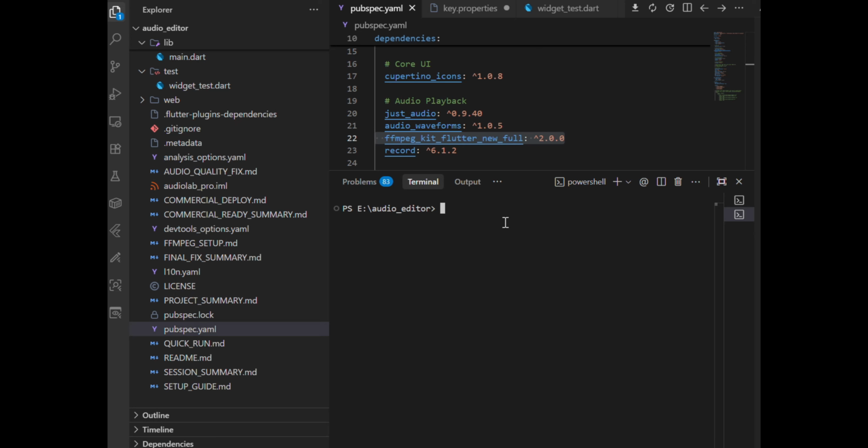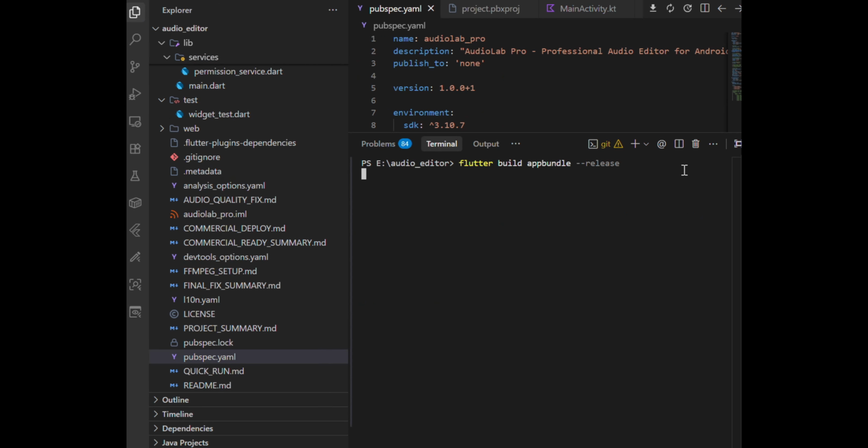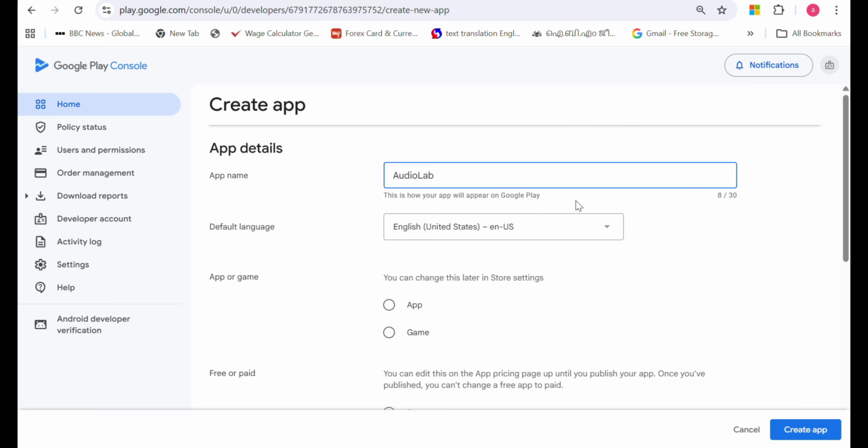Alright, before you upload your app, make sure everything is completely ready. First, generate a signed APK, or even better, an Android app bundle, because Google actually recommends AAB. Then, go through your app carefully, fix all bugs, and test it properly so users don't face any issues. Also, don't forget to set your app version and package name correctly. And just a quick tip, AAB is always the better choice since it helps reduce app size and improves performance on the Play Store.